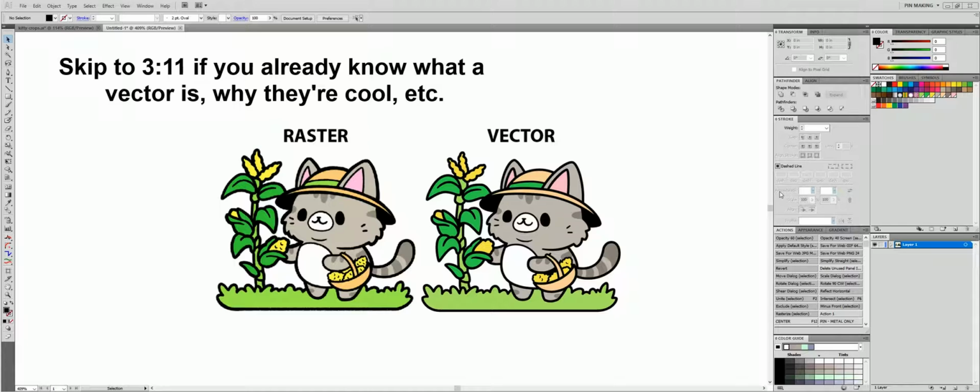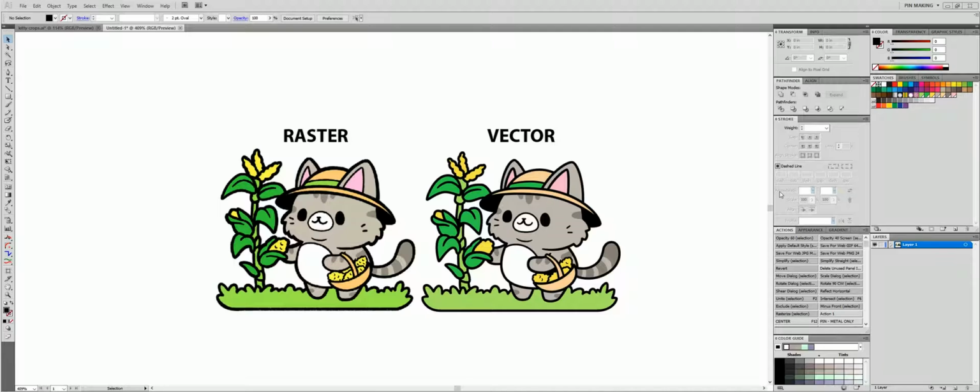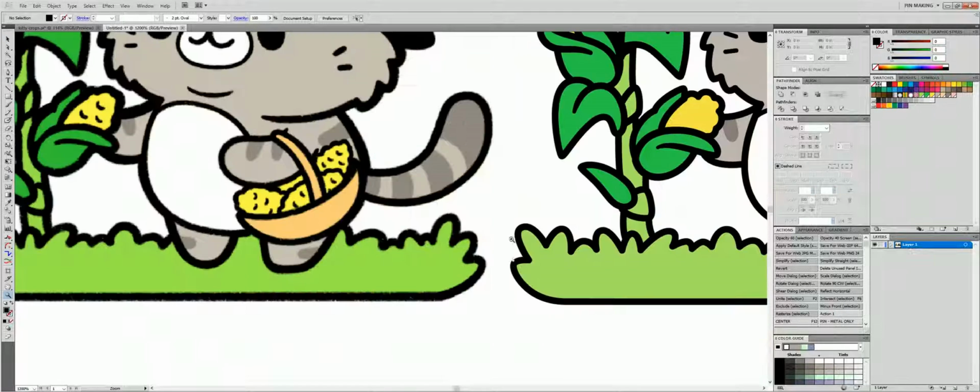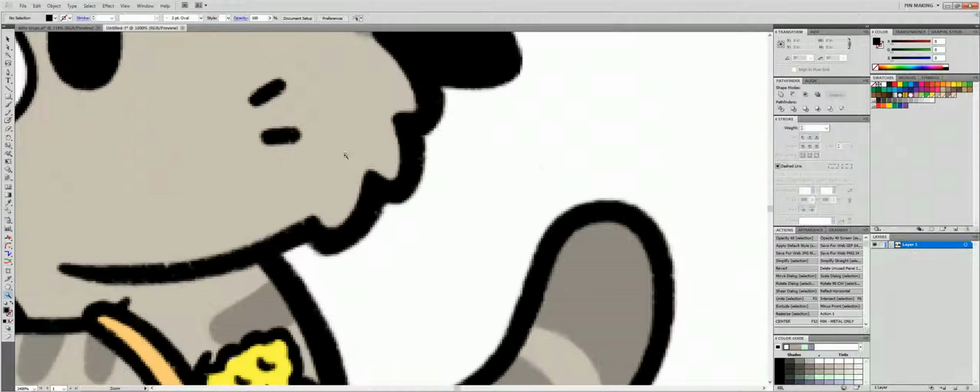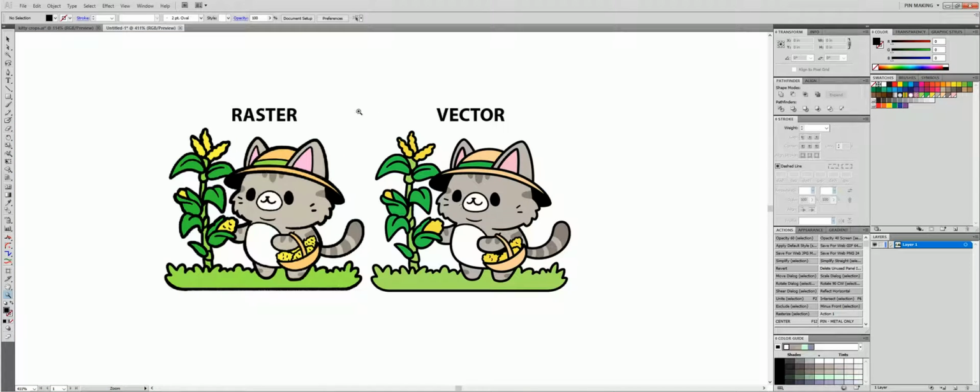Most of the images that you encounter are files like JPEG, PNG, things like that, and those are all raster images. And what raster means is that the image is made up of individual pixels. And for most things, that's fine. You run into issues though when you're changing the size of an image because the computer doesn't know how to interpret that, and the image will start looking really crappy and grainy if you enlarge it. It's less of an issue when you're shrinking an image, but vector just has a lot more advantages when it